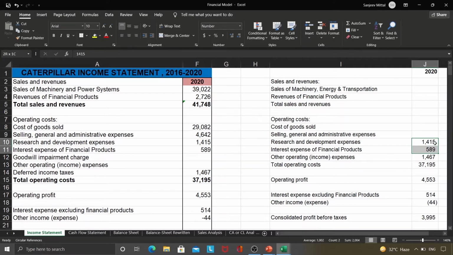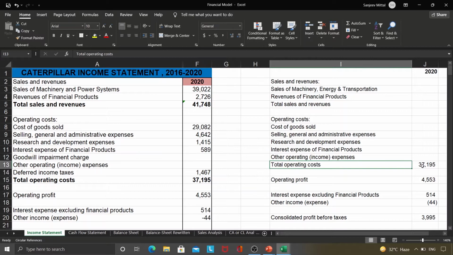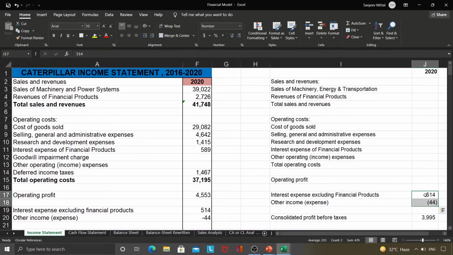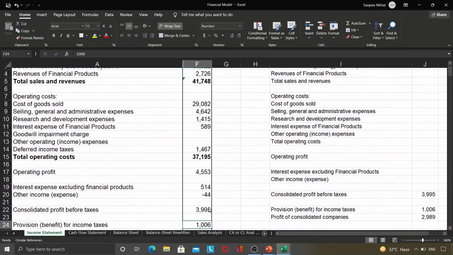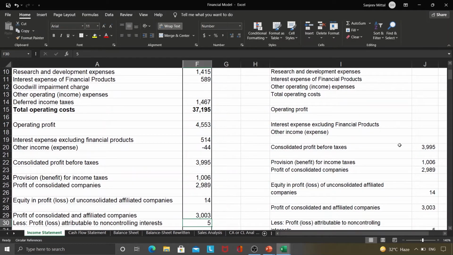research expenses, then interest expenses, then other operating income or expenses, these have been pasted and finally we got our total operating cost of 37,195 which is being shown here. And after that, you can simply say our operating profit is 4,553, which is being reflected here. And after that, there are our interest expenses and other income or expenses of 514 and 44, which have been pasted here. And after that, you can simply say our consolidated profits were